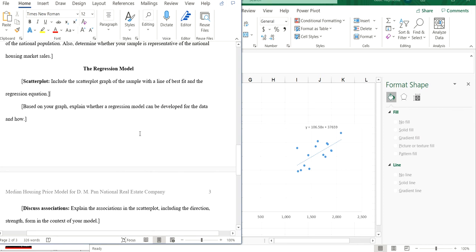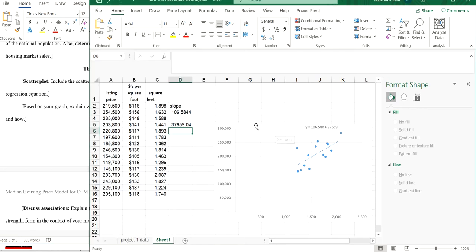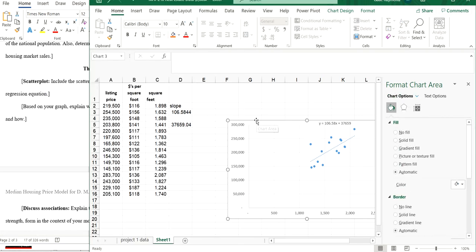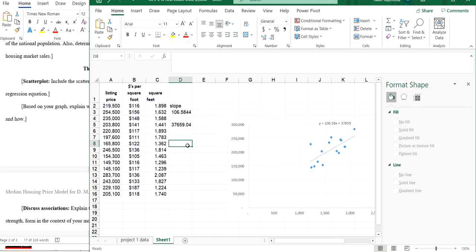It says, based on your graph, explain whether the regression model can be developed for the data and how. I mean, I'm not super excited about that prompt because you don't want to just look at a graph and decide whether you can make a regression equation. But what you could say is that, hey, this graph has a fairly positive, straightforward linear trend, right? They're dots, they get some scatter, but they are going up as you read it from left to right. So based on the scatter plot, yeah, we can move ahead and make a least squares regression equation, but